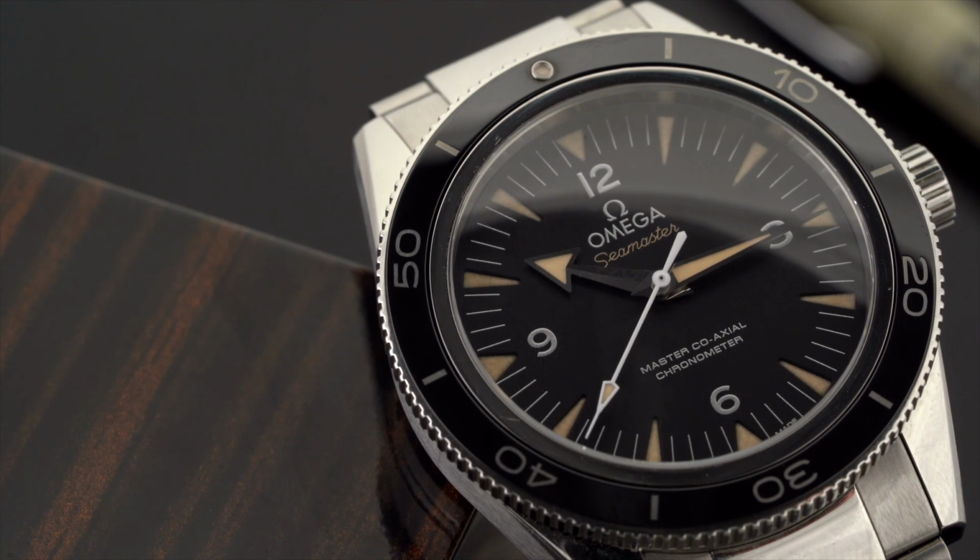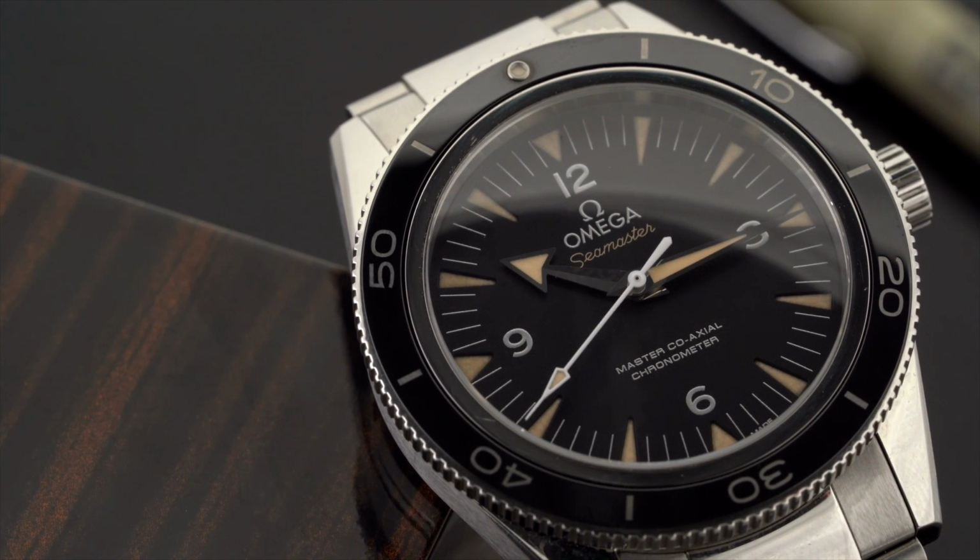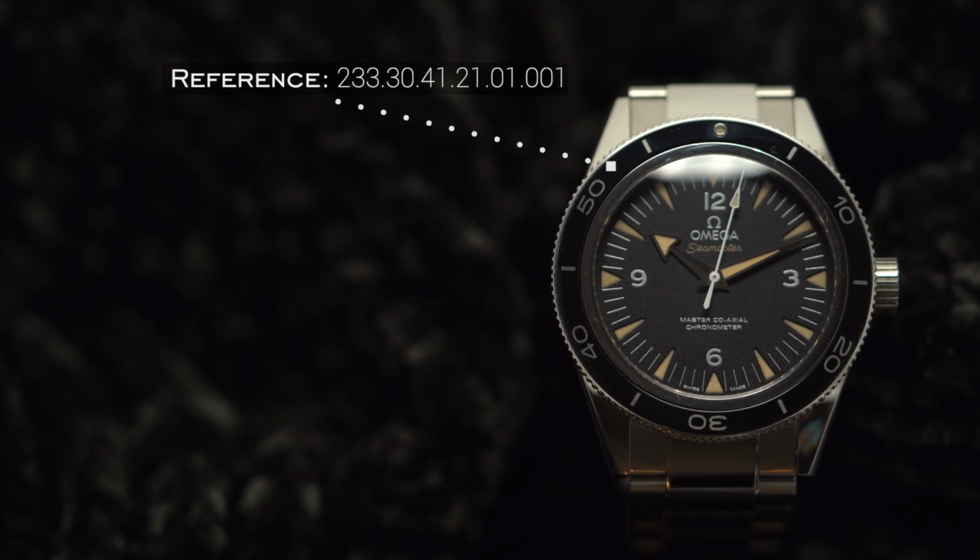However, if it was up to me, or a watch that I don't think gets maybe mentioned as much as it should, the Seamaster 300. A watch that I think does kind of embody the origins of the line, giving even the Submariner a run for its money. First, the reference here is the